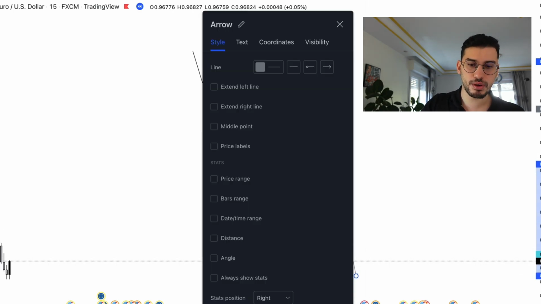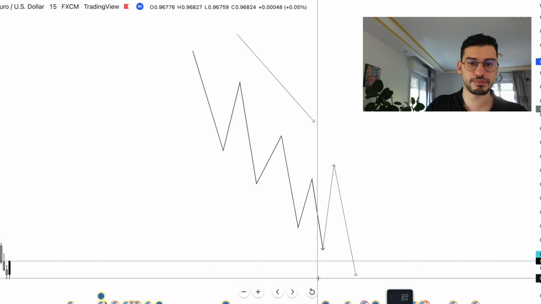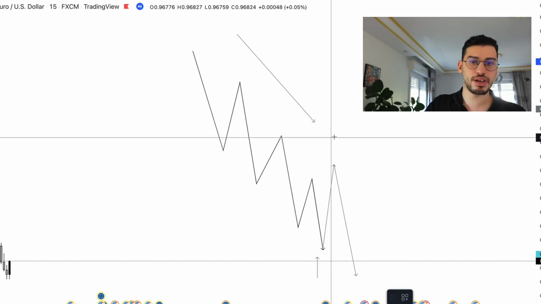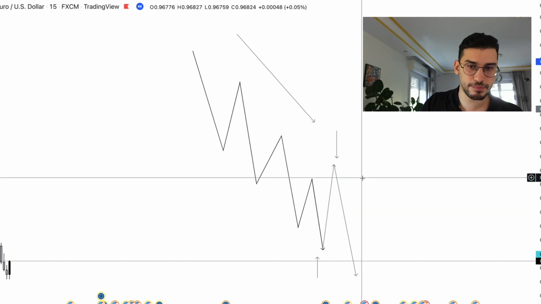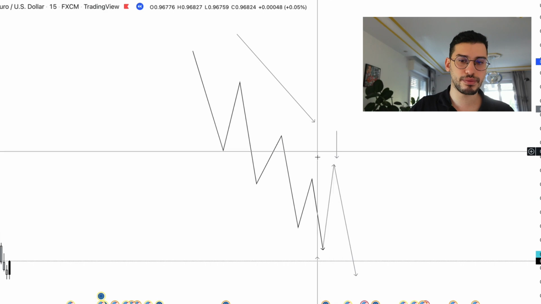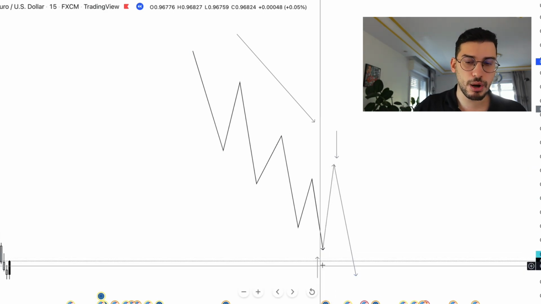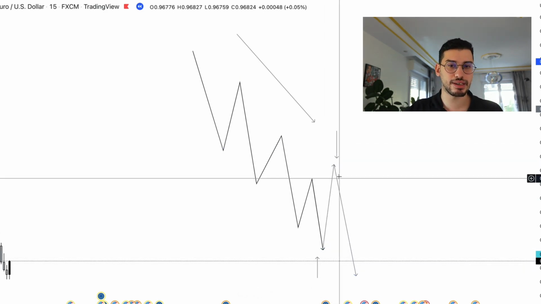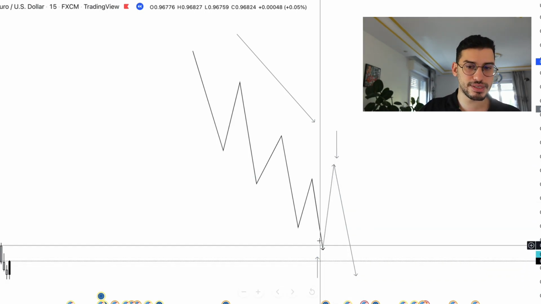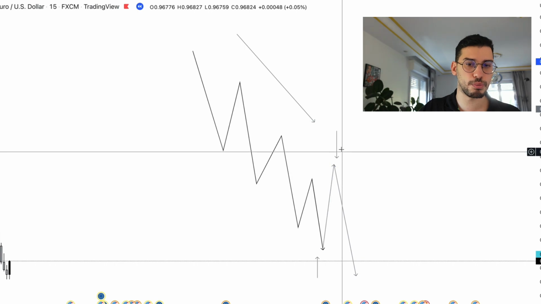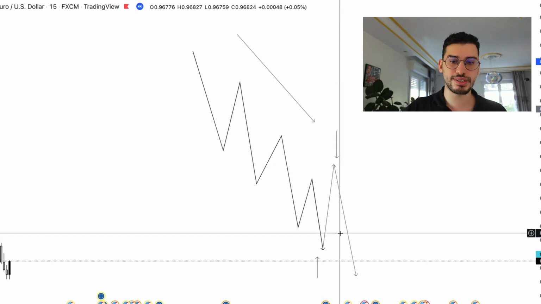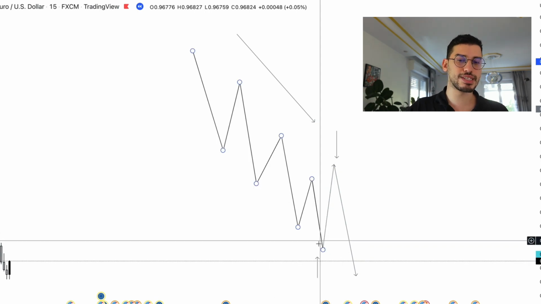Now remember, what the banks did is that they bought here to push the market through to the upside, and they sold here to push the market through to the downside. As they do this, they're profiting on that position and they're losing on that position. Remember that the act of selling here pushed the market through to the downside. So now they're negative on this and they're positive on this position that they opened here. What they need to do next is close this position right here in small profits.